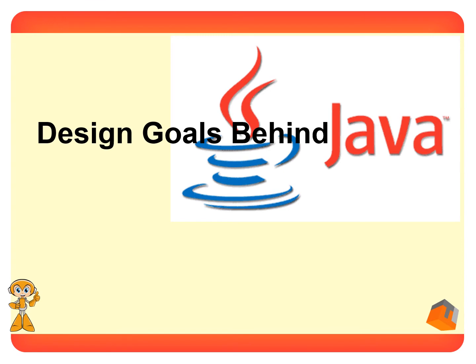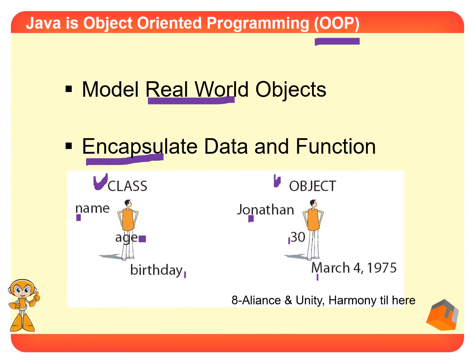Here are the design goals behind Java. Java is an object-oriented programming language, or OOP, made to model real-world objects and classes, and encapsulate data and function. Example,